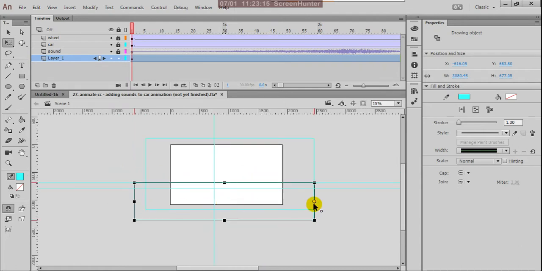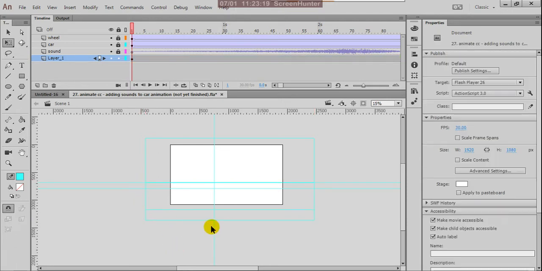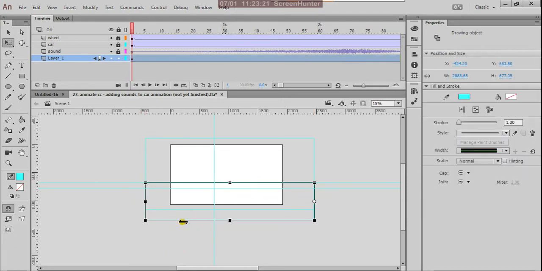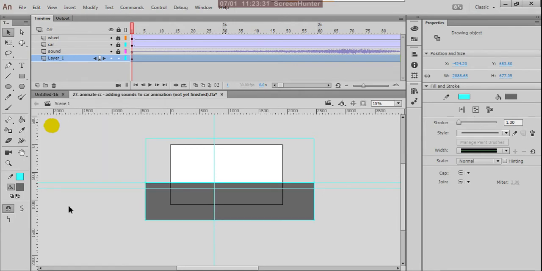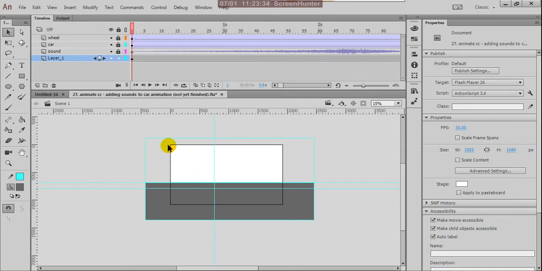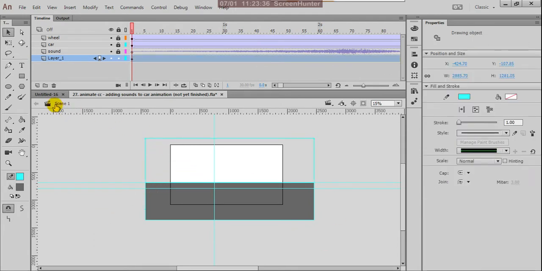So you can fix this and you can move. Here I want to fill with some gray color, dark gray.